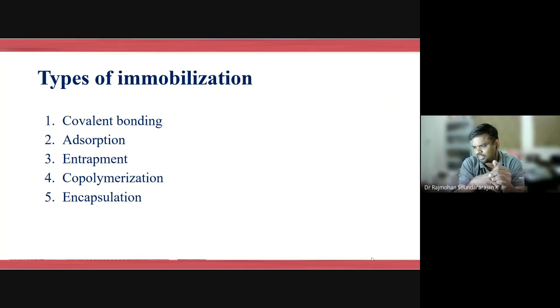There is another case where you can have these enzymes in their soluble form itself. For that, there is a method of entrapping them in membranes. Inside the pores of a membrane, we can keep the liquid or soluble form of the enzyme, and it can still be used. Encapsulating them into a membrane is also a way to entrap the enzymes without losing them in the product stream. Now we will look into some of the techniques in detail.